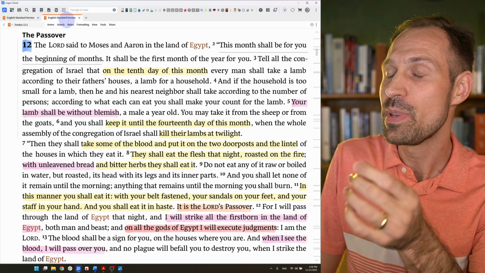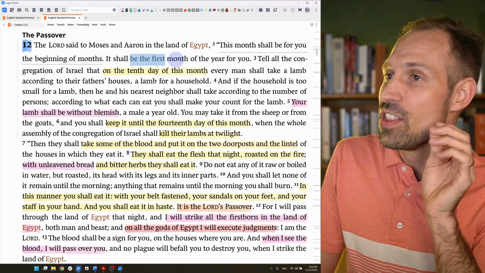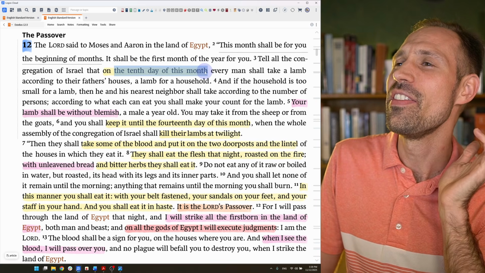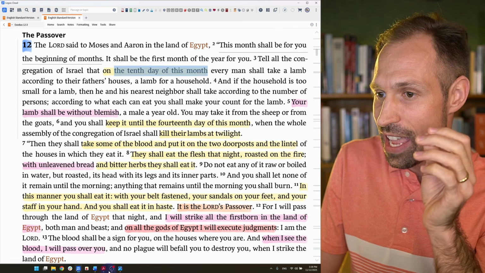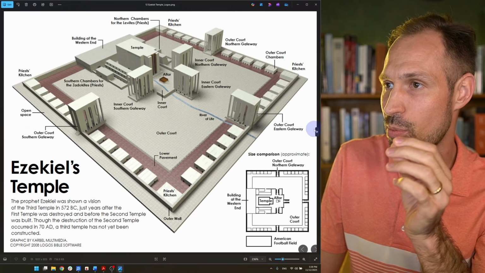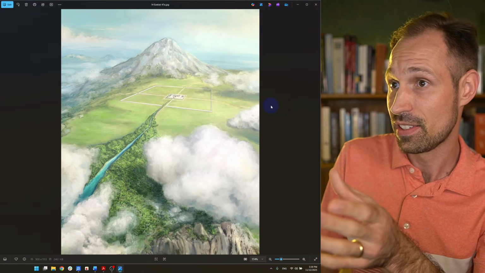Now, this is the exact day of the Exodus, when God liberated his people from Egypt. We read in Exodus chapter 12 that in the first month, on the 10th day of the month, you see, God is going to accomplish a second Exodus for Israel. Their kingdom is going to be restored to them, and God's temple presence will be restored in their midst.